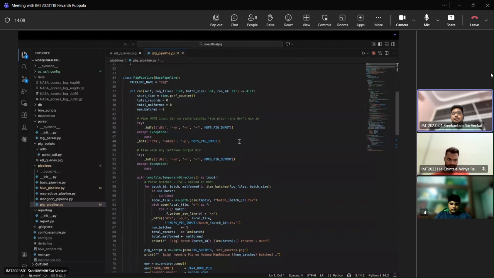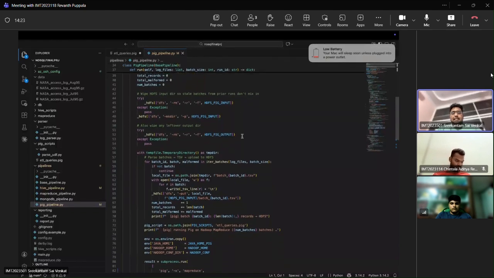So this is the pig_pipeline.py code. Pig Latin is a data flow language. Instead of writing SQL, you describe your data as a sequence of named relations, and Pig compiles that into one or more MapReduce jobs behind the scenes. Our pipeline has three anchor queries. Q1 groups by date and status code to get daily traffic counts. Q2 ranks the top 20 most requested resources. And Q3 computes hourly error rates, what fraction of requests per hour return 4xx or 5xx status